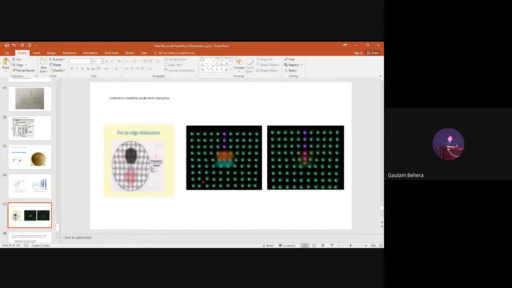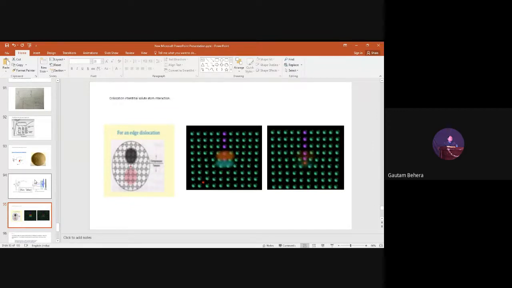Now just look at this image. If you remember, this is the dislocation: this extra half plane of atoms having a compression field, and a tensile field over here. You understand. Now the question is, obviously,